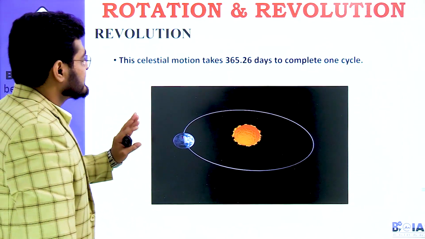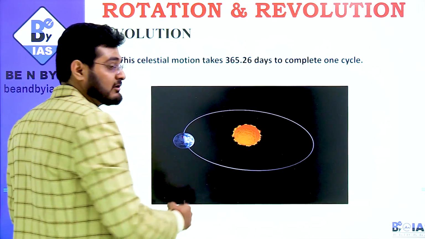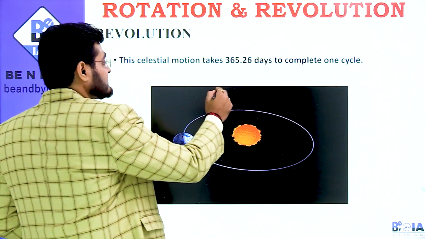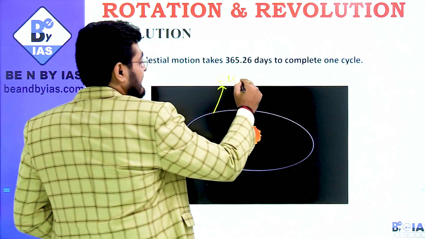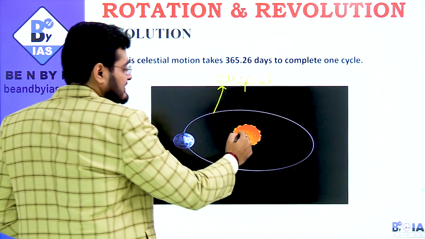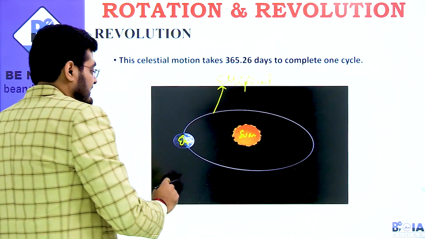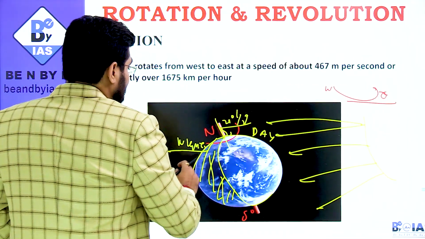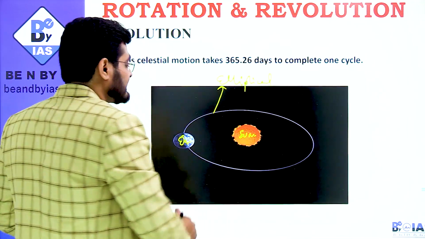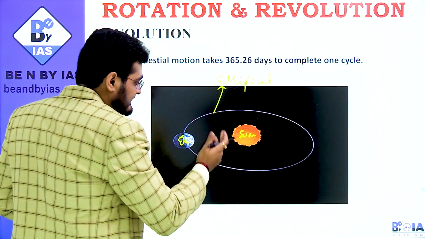Now comes your revolution. Okay, revolution, one revolution around the sun. This is the orbit of the earth. Earth orbit is not circular, it is elliptical. You can see this earth की orbit जो है, that is elliptical. This is the sun in between, and this is your earth. Okay, अब this earth is moving around this elliptical orbit with some speed. Just focus on it and try to see it.